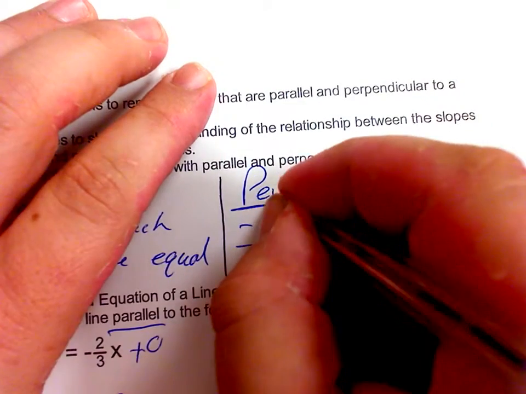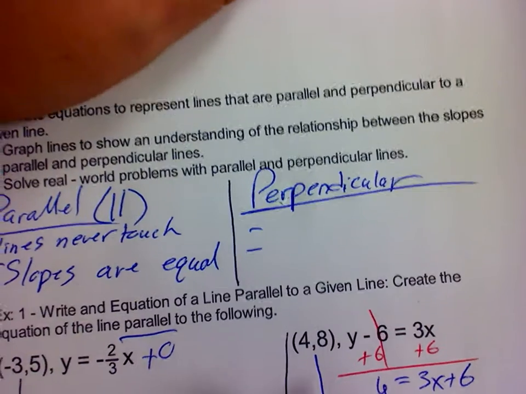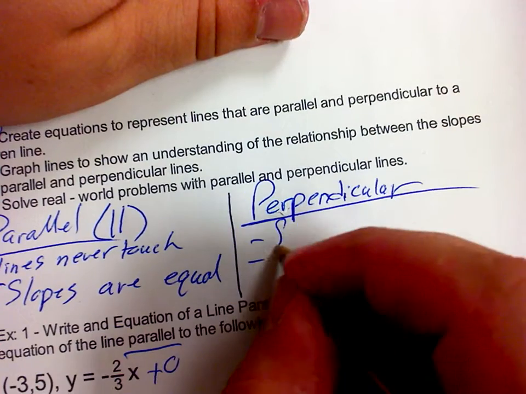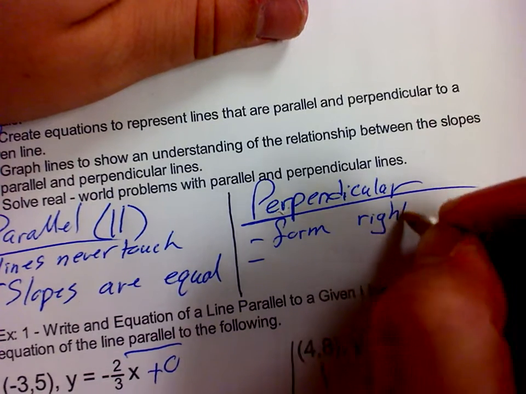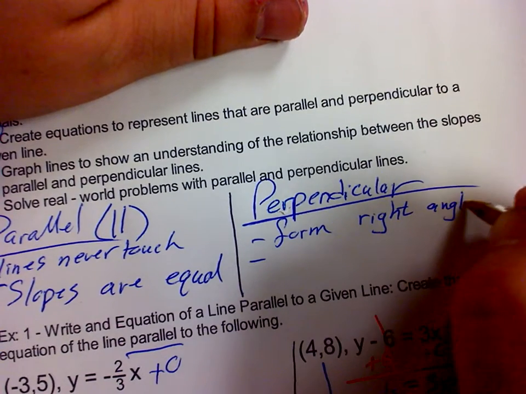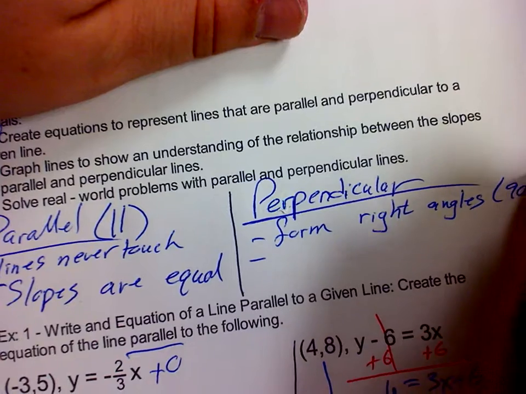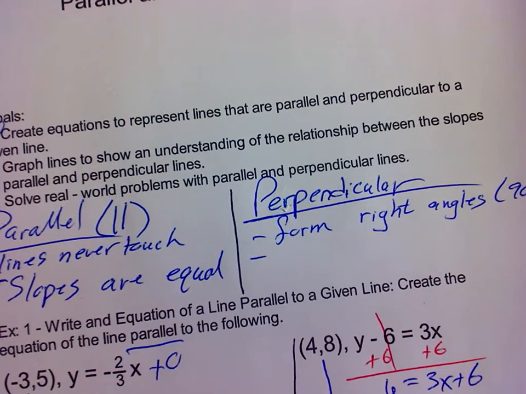Okay, perpendicular lines form, where they intersect, they form right angles. Okay, they form right angles, aka 90-degree angles. Now, if we're having a tough time visualizing that at all, if we reference back to the notes that we did in the previous section real quick,